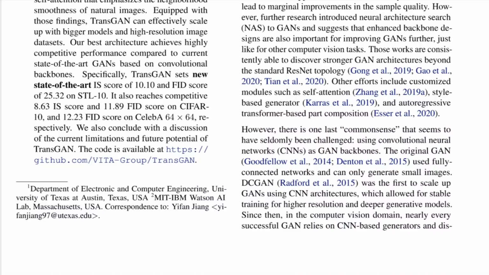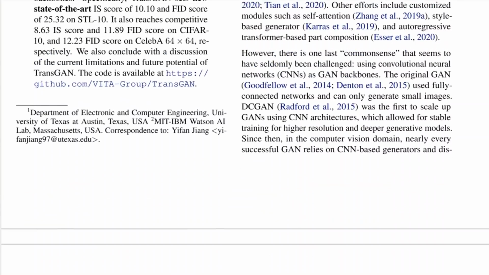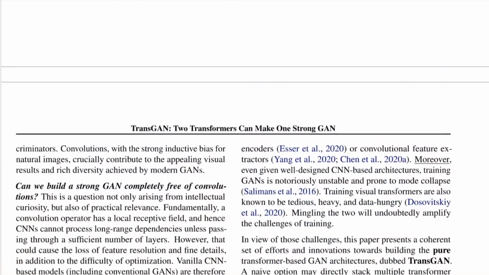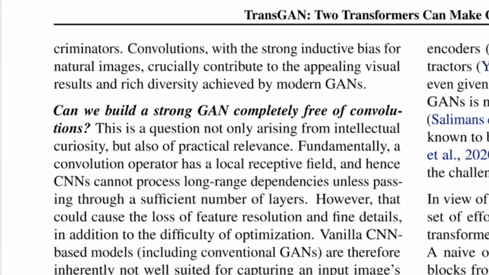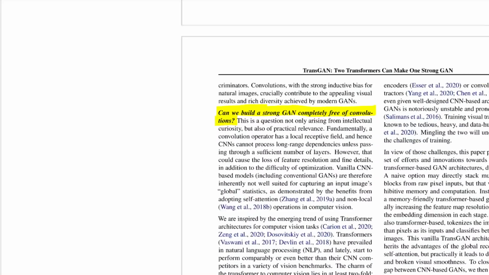So the paper is fairly straightforward. Actually, there is code available, so definitely check that out. I'll link that, of course, in the description. The paper is fairly straightforward and answers one question. Can we build a strong GAN completely free of convolutions? So usually in GANs you have convolutions both in the generator and the discriminator, and their goal is to just